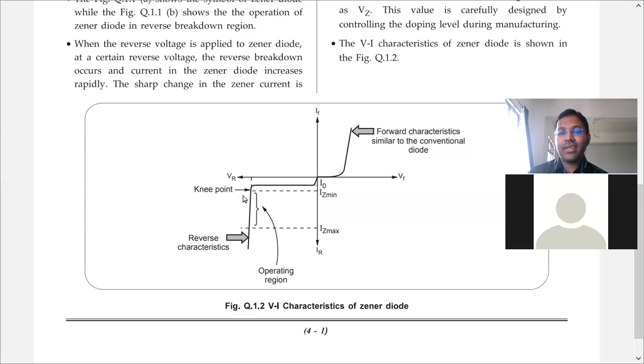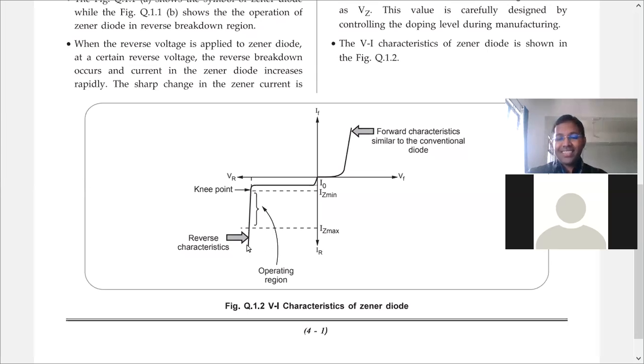And we have discussed this also earlier. This point is called the knee point, because this is something like your knee. This is like your leg. If I am sitting, my leg position is like this, at a side angle, and this is the knee. That is why this is called the knee point. So this is the important feature of the Zener diode, that under reverse bias condition, it breaks down at lower voltage.